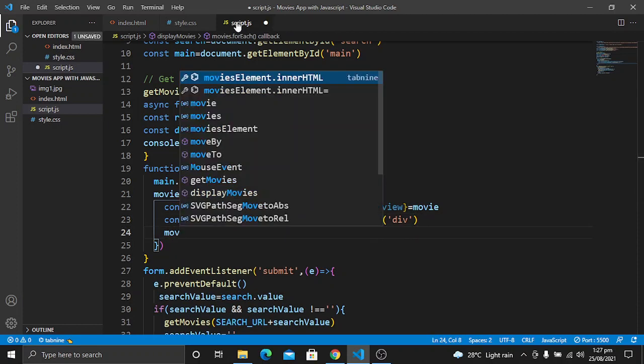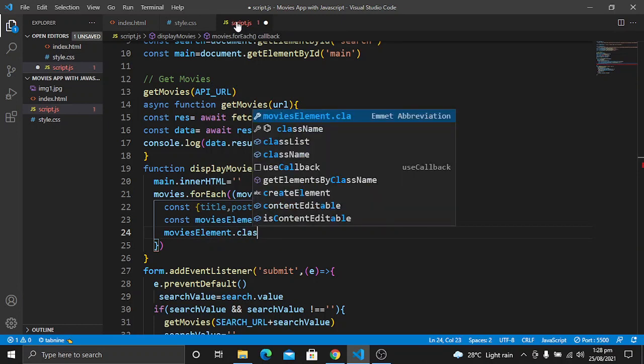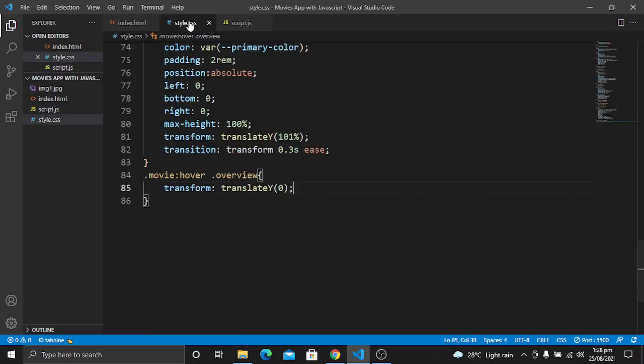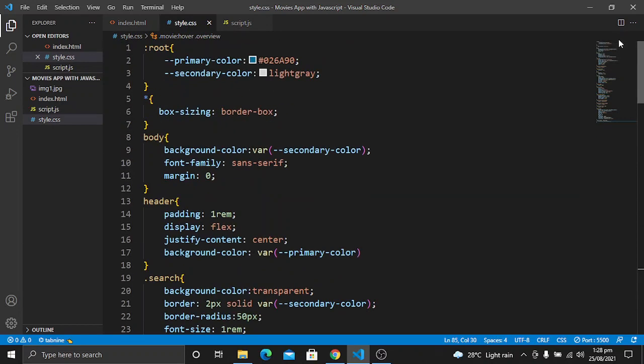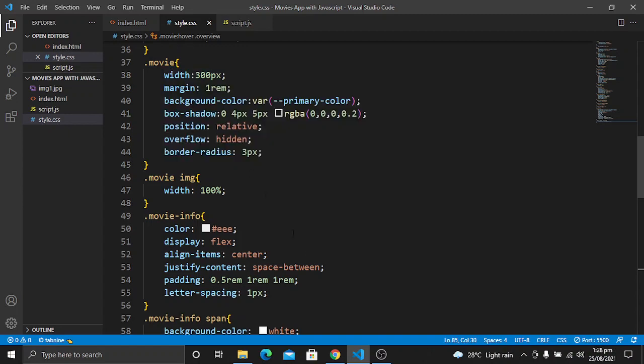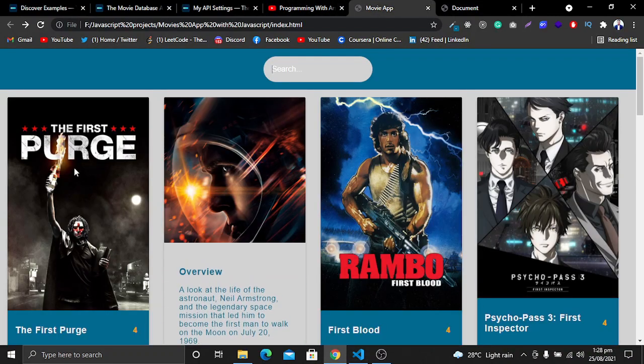This movieElement will have classList.add, and it will have a class name of movie. As you see in our CSS file, we have a class of movie that we have styled. So this class name will be for this individual movie.